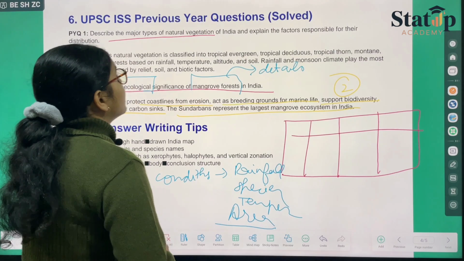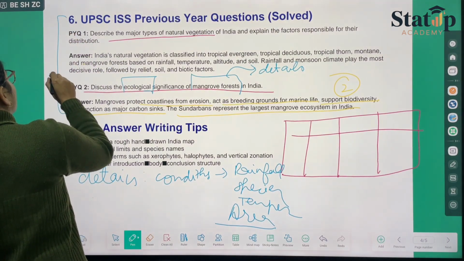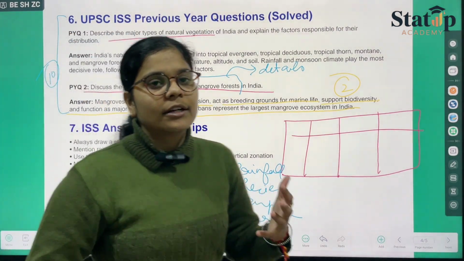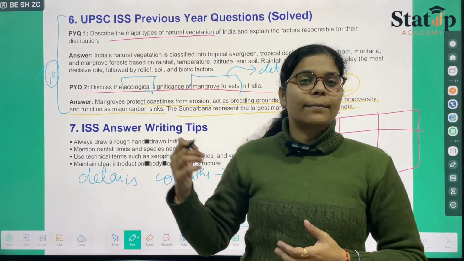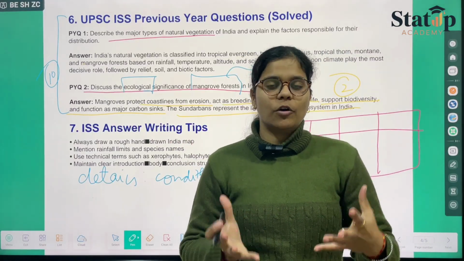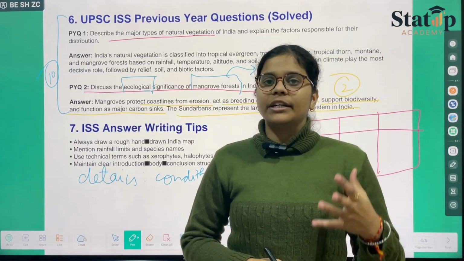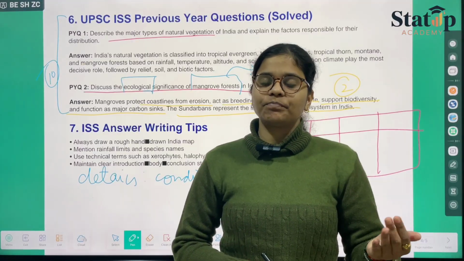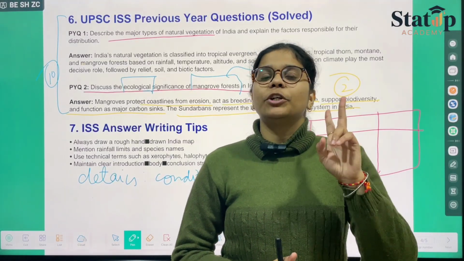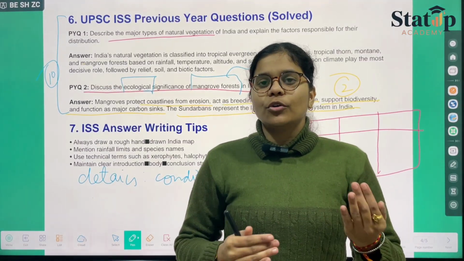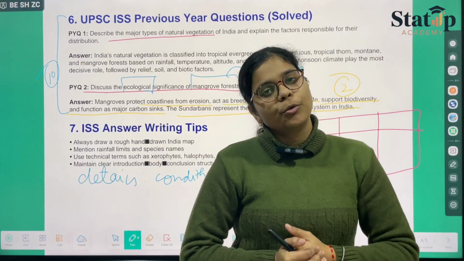So like this, we can grab 10 marks when we attempt any question from this chapter known as Natural Vegetation Found in India. So this is how you have covered 10 marks and, of course, a chapter or a topic. So geography 2 topics are covered, and tomorrow an assignment shall be uploaded, so you can practice that